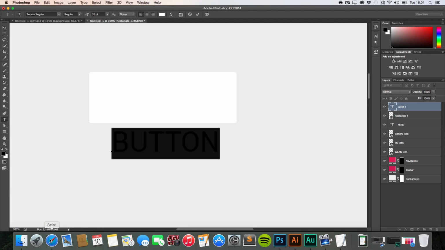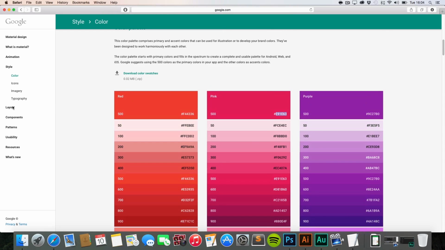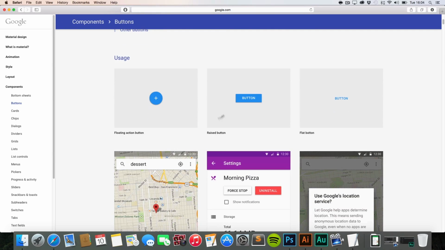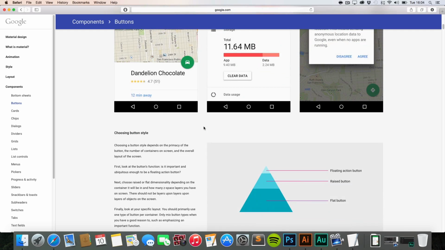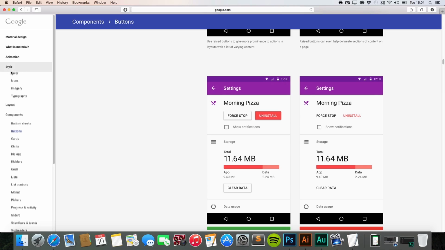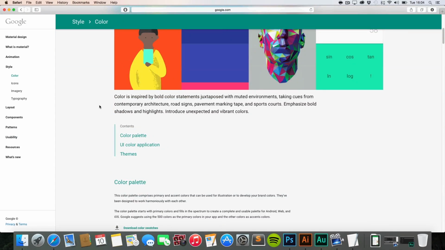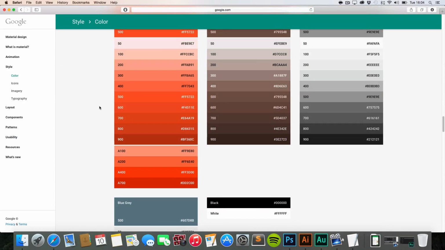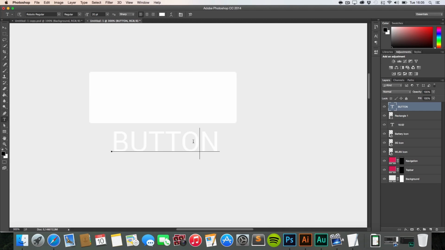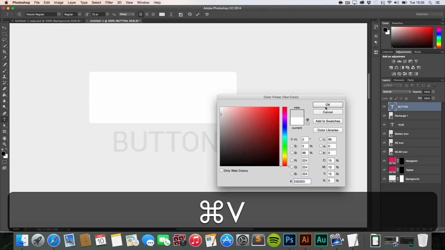Change the color. Maybe we can find something. Let's see. Style, layout, components, buttons. There we go. As you can see, flat buttons, but I can't find any color codes right here. Maybe let's check out style, color, and let's see if there's a gray. I guess something like this one should do the trick. Copy it, go into Photoshop, change its color,